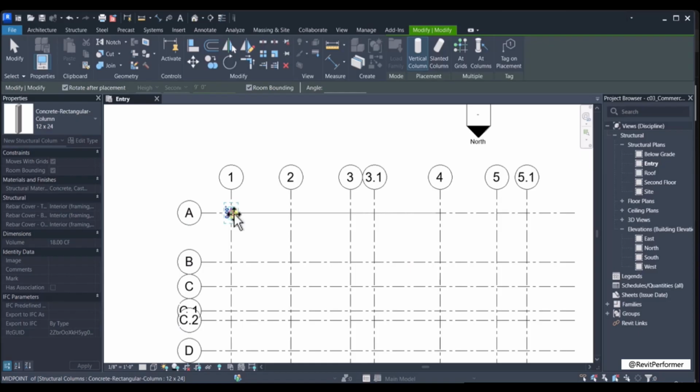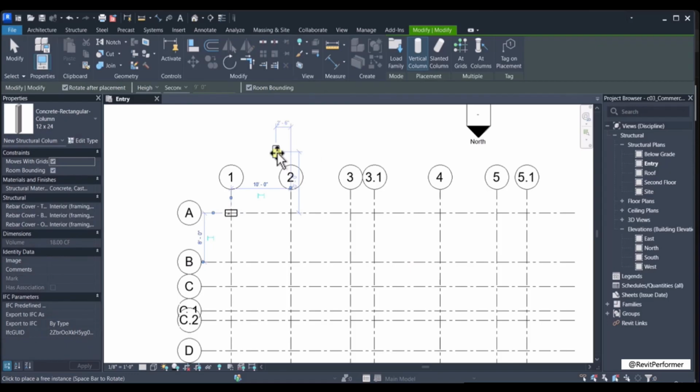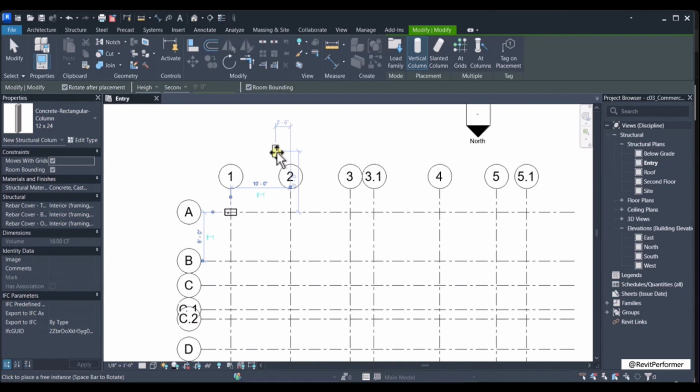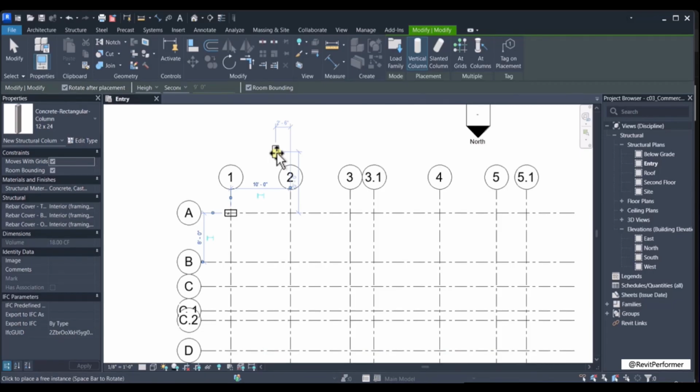Then move the cursor upward to the right. The rotation alignment line appears with the temporary angular dimension. After that, type 19. You can see here an edit box with type value is displayed near the temporary dimension. Then press enter. A column is inserted at the intersection of grid 1 and grid 8. Next, repeat the steps to insert other columns of the same type and alignment at the different grid intersections. Do not exit the column tool even though you have inserted all columns at the different grid intersections.